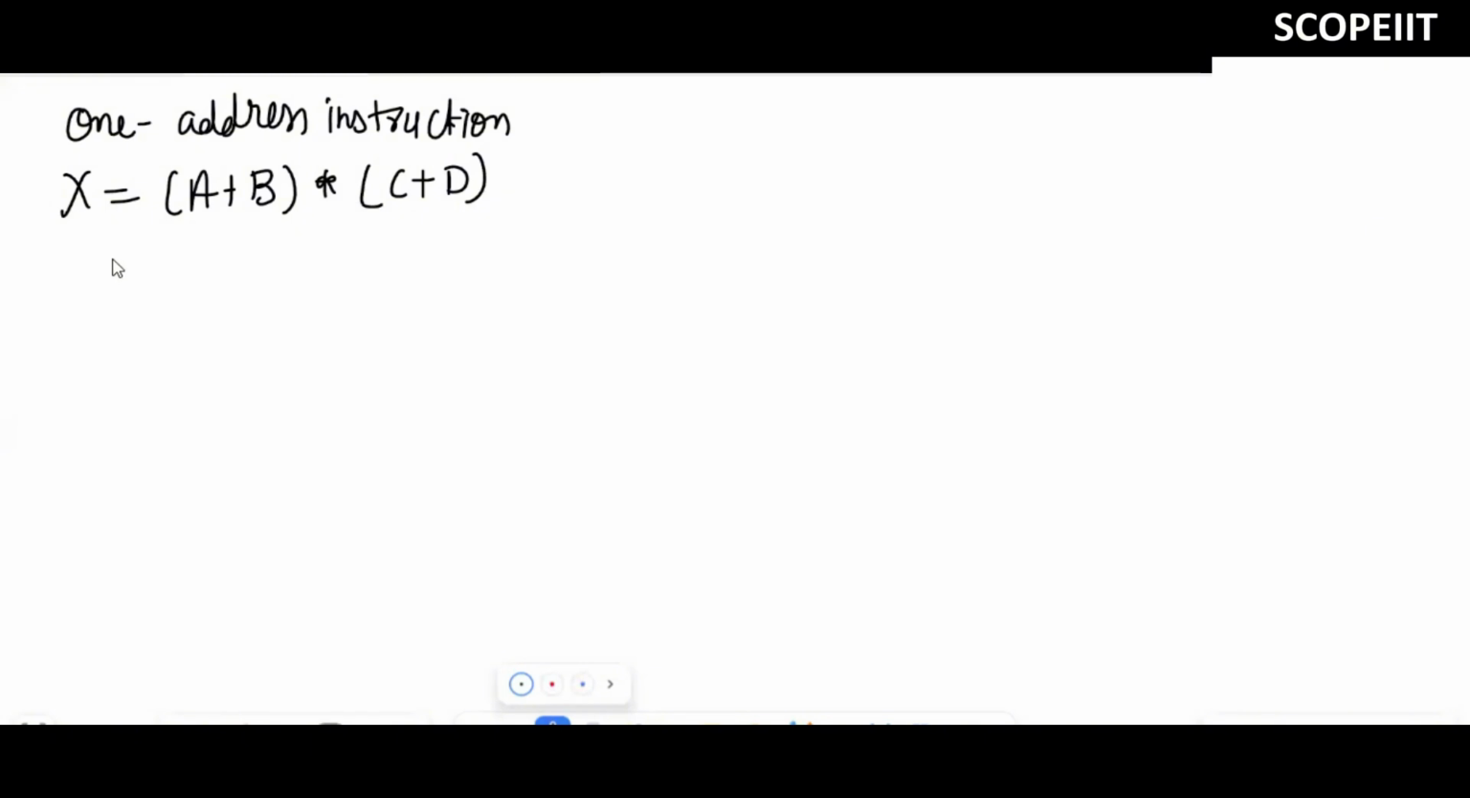So what I'll do, I'll write here load A. Load A means the value of A is now stored in the accumulator. I'll make a variable accumulator here so it will be clear for you. So that means the A value is right now stored in the accumulator. Next I'll write add